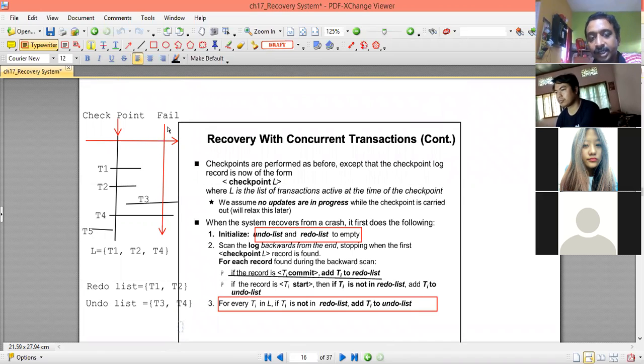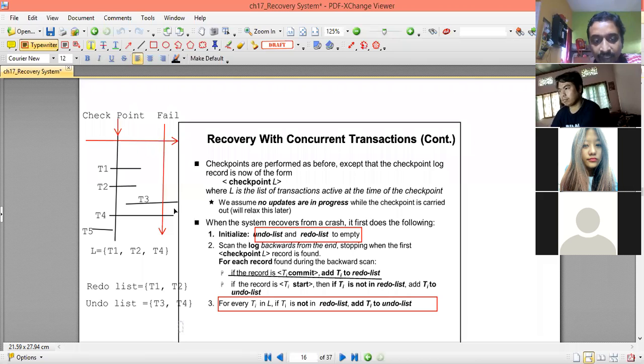For concurrently executing transactions, we also apply the log-based recovery mechanism here. In this policy, we use the checkpoint, and in the checkpoint, the transactions active at that point are recorded in the list L. In case of failure, from the failure point, the system will scan backward till the last checkpoint is met.